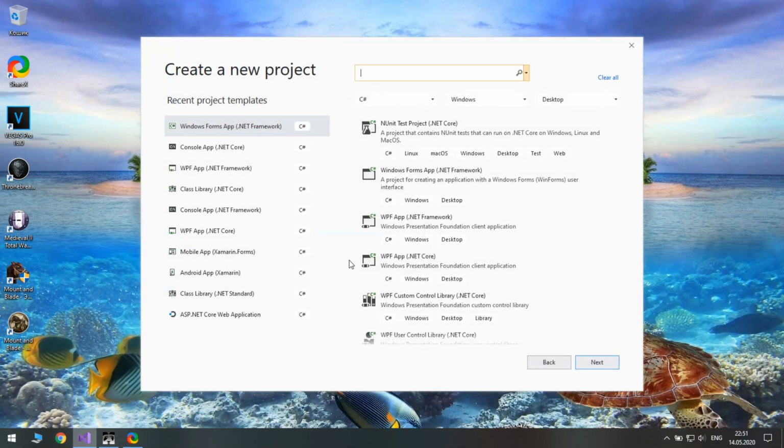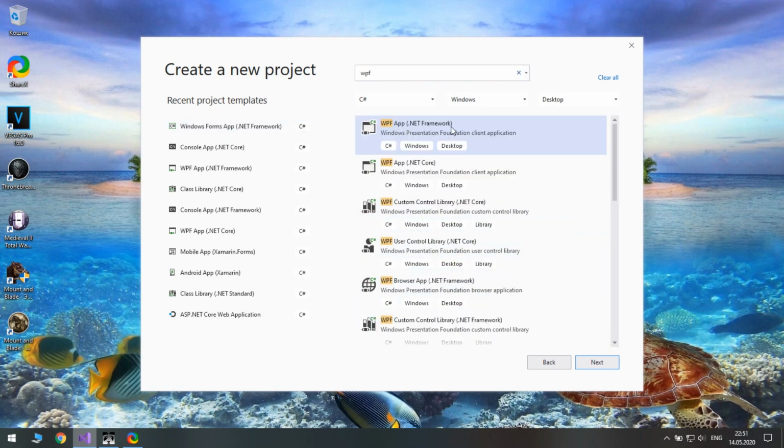Therefore, we will use a newer and supported technology called WPF, IDEST Windows Presentation Foundation. We will select the .NET Framework version.